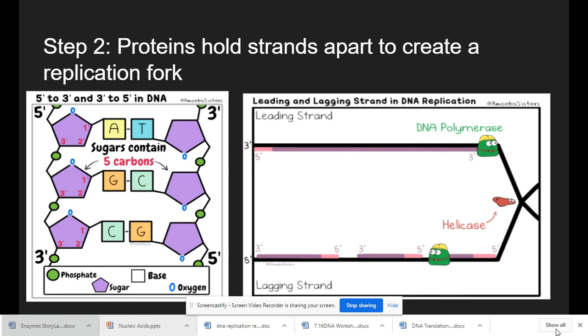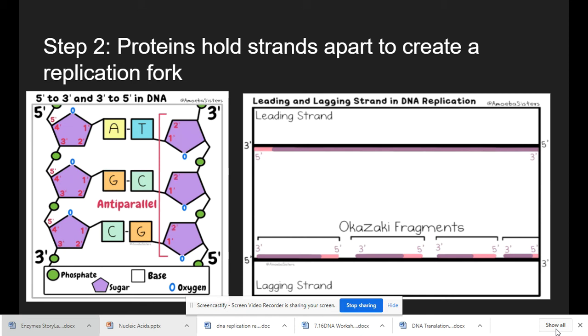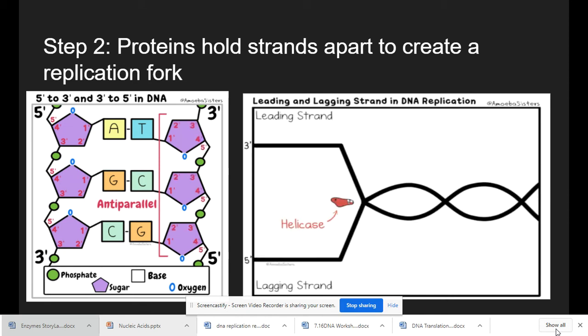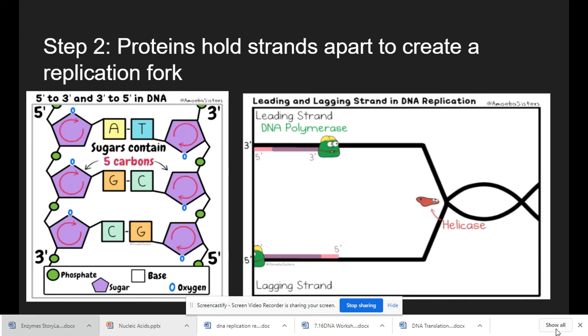Okay, because if you think about the strands of DNA, they're what we call anti-parallel. They're parallel to each other, but in opposite directions. Okay, and so when the new strand is being built, it builds from 5 to 3. Okay,